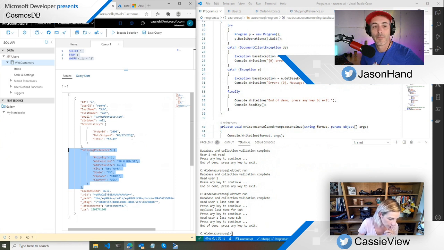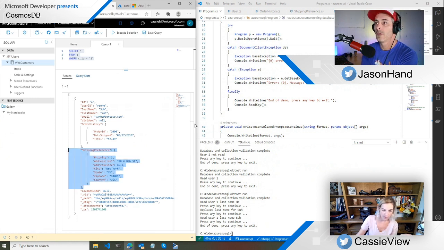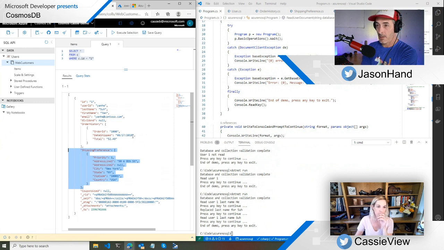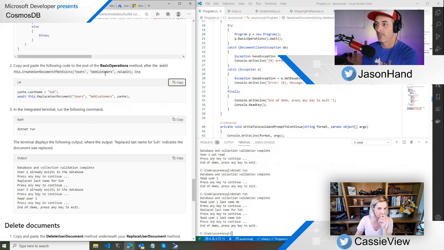Yep. Or maybe if you do an upsert, actually, no, it sounds like you could probably do an upsert removing this record or this part of the record. It just takes out that whole section? I would think if you did an upsert, it would. Now with a replace, I don't think it would, because replace is just like.